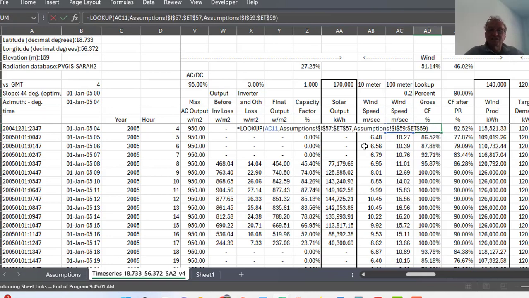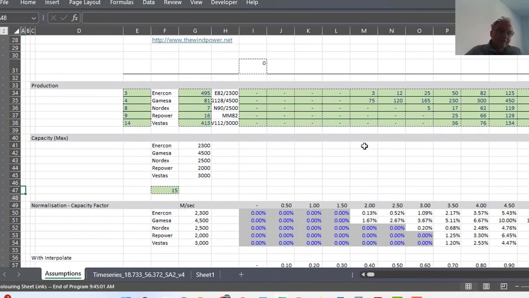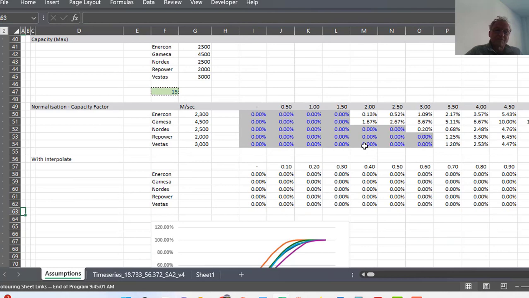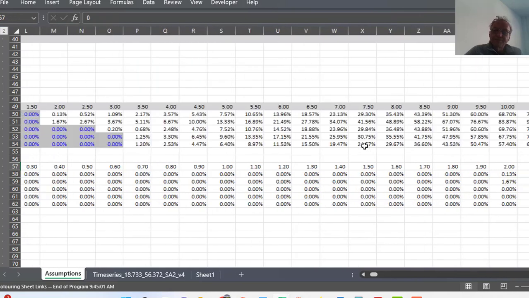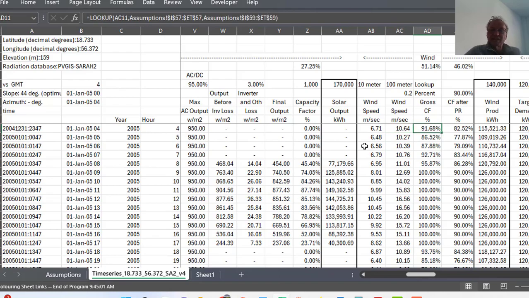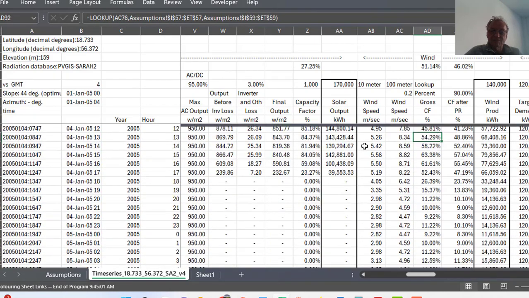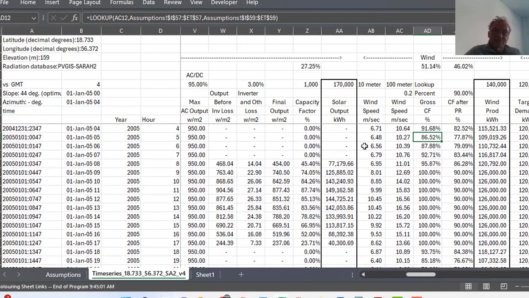And then we have our big thing, which is just a lookup. And we say, look up this one, and that's how we're going to get our capacity factor, and we're going to use this Gamesa. And I said, let's use this interpolate function and get a much finer kind of thing in between, so we don't have to skip by whole meter per second numbers. And then we get our capacity factor for each one, and now we're starting to answer this question about the